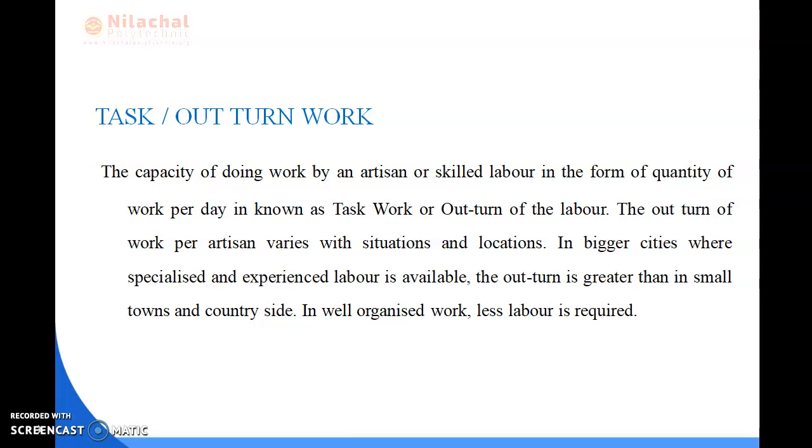Okay. The outturn of work per day varies with situation and location. In bigger cities where specialized and experienced labor is available, the outturn is greater than in small towns and countryside. In well organized work, less labor is required. So what are the different types of situation and location? So different locations,